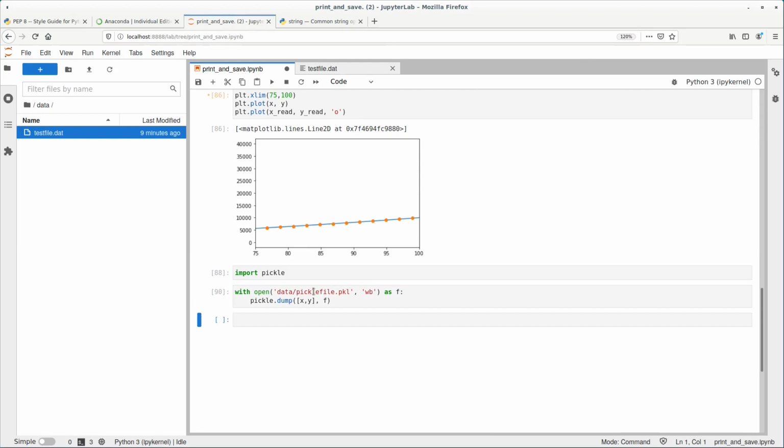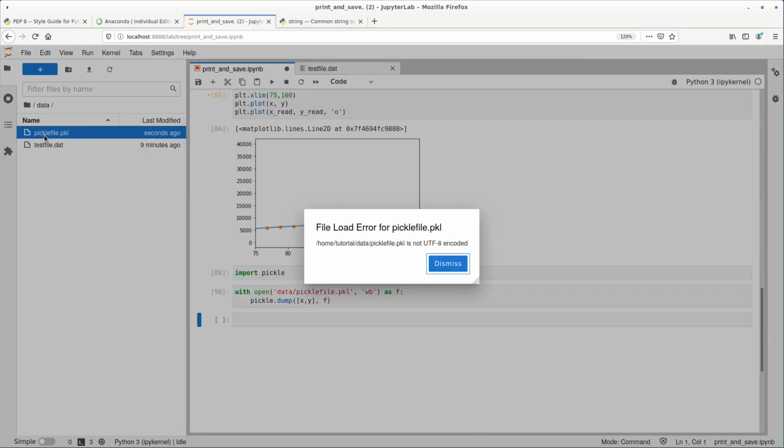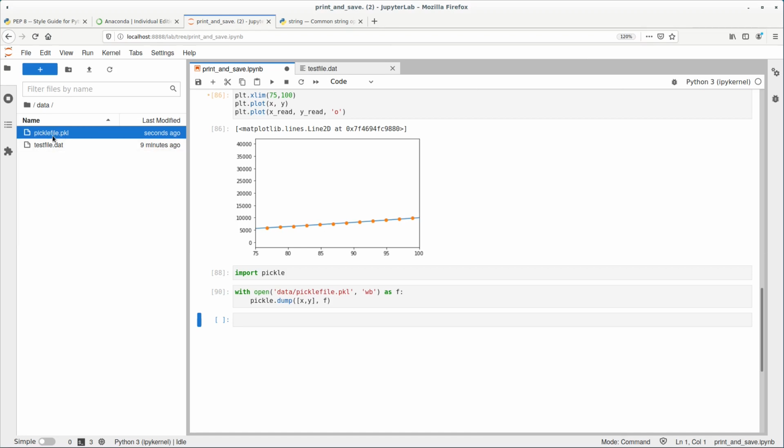So this worked, right? So now in data pickle, this pickle file popped up a second ago here. I can open this, but it's a problem. It's not a text file. This editor doesn't know how to open this. It's a binary file. So we have to trust Python somehow that it pickled this in there correctly. If you want to read this file in,